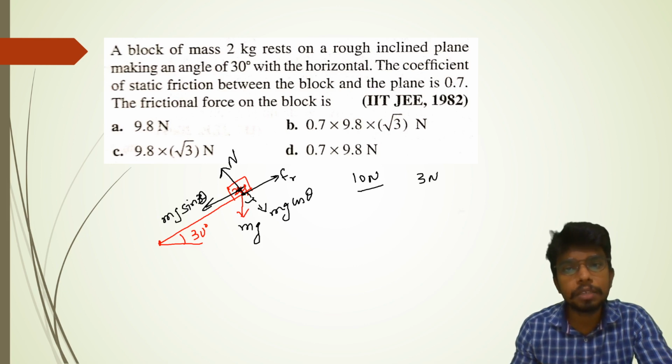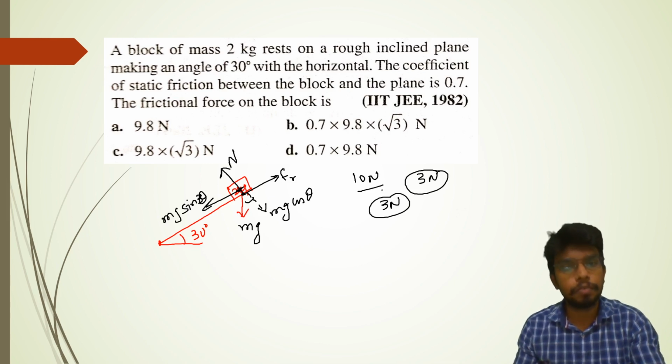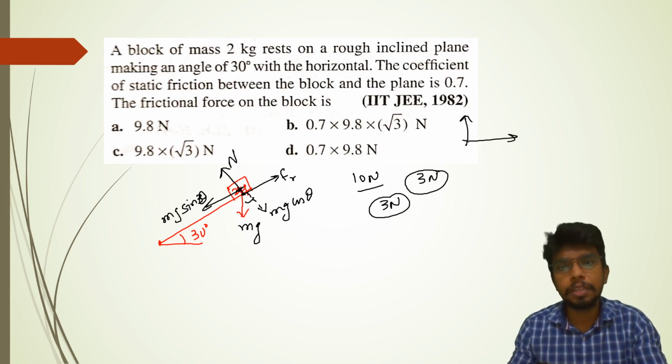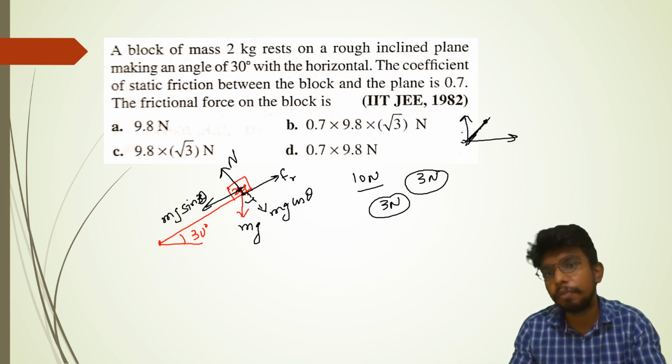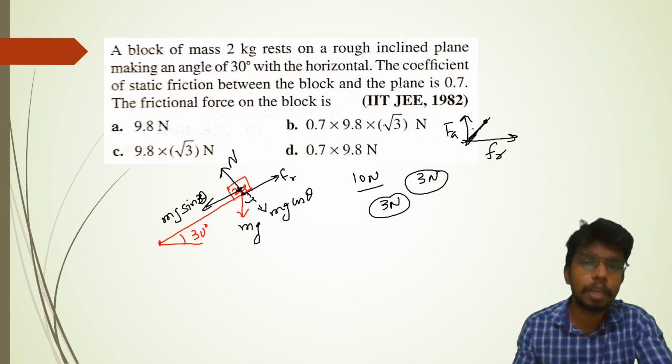So static friction will not give its full capacity. It will simply apply 3 Newton to stop the object. That's it. It depends on the external force. If you must be remembering the curve, it goes like this somewhat. This is the region for the static friction, the applied force and the frictional force. The more the applied force, the more will be the friction force until it reaches the limit, that is the limiting